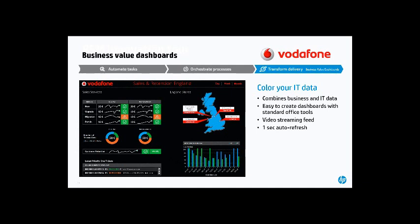But this is our new business value dashboards, which we announced at HP Discover. It's a beta version of the business value dashboards that enable you to color your IT data, really combine business and IT data with easy to create dashboards that we support. It's responsive to design, HTML5. It'll work on a phone or a tablet or on a desktop, and allows you to really show the alignment between business performance and IT performance